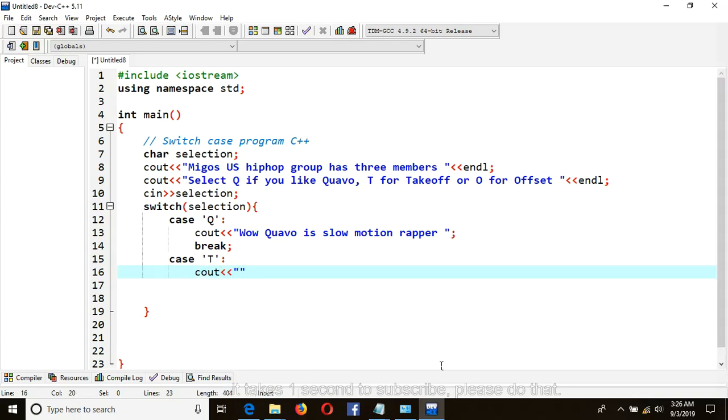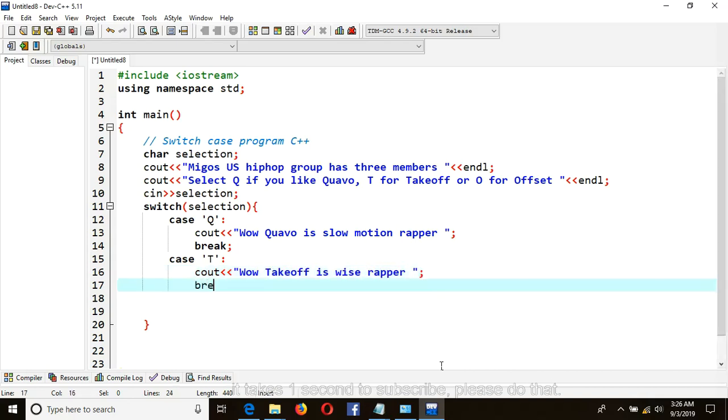Wow, Takeoff is wise rapper. It is true. Takeoff is wise man among Migos group members. So after that a break, then